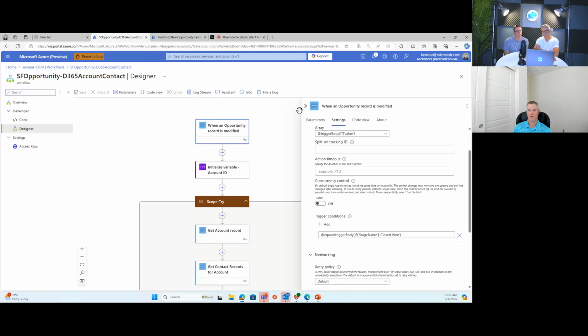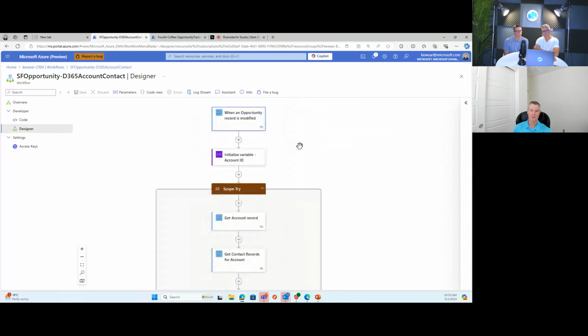So that's one of those ways where we can differentiate these records, and you don't have to have a lot of that kind of logic of if this, then do it. You can avoid that and just filter it all out and keep your logs and your executions a little bit cleaner from that perspective.